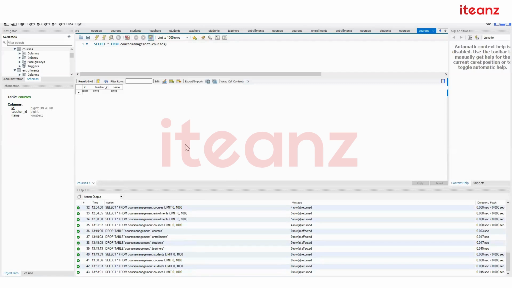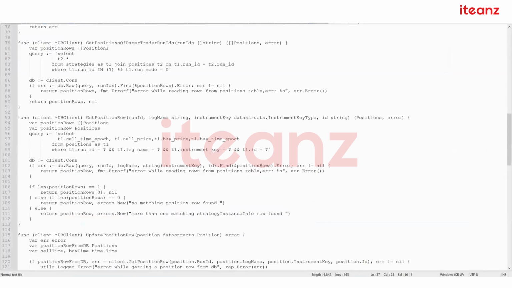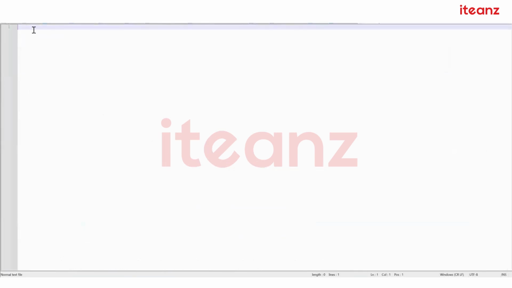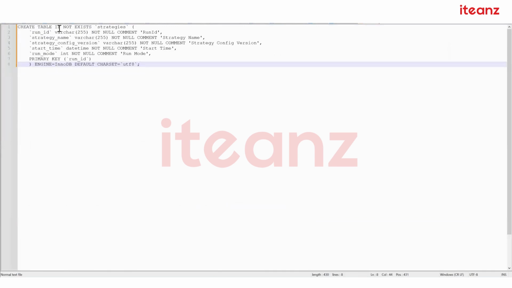And the query which we rewrote, you should save it in your code only. Generally we create one migration folder and there we put these scripts. Open your notepad, keep it. Now copy this